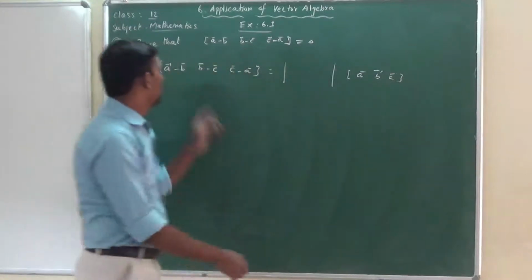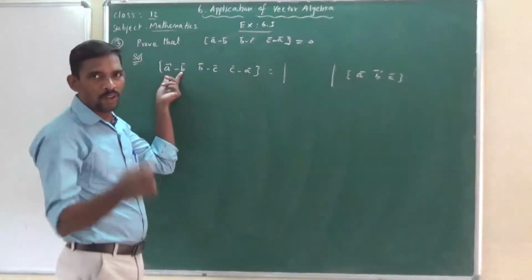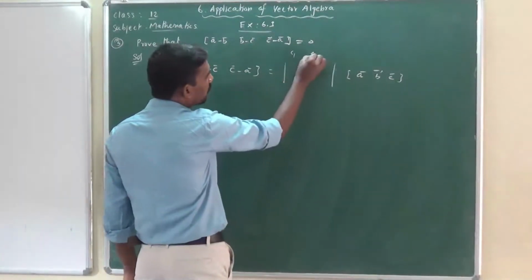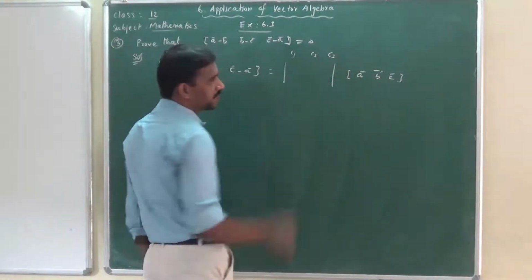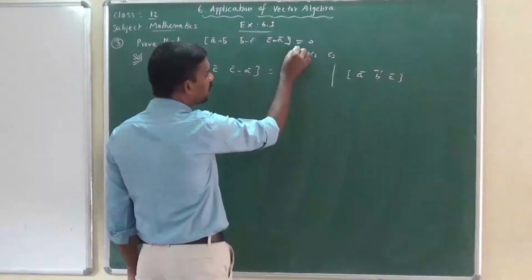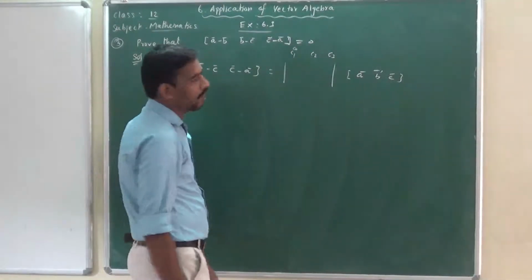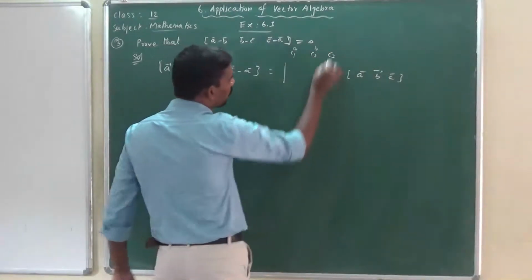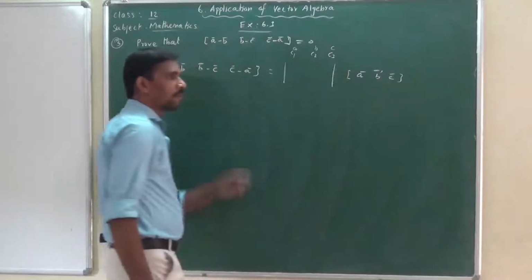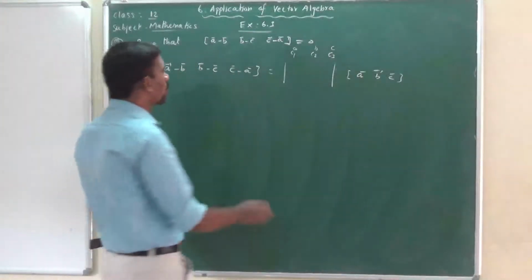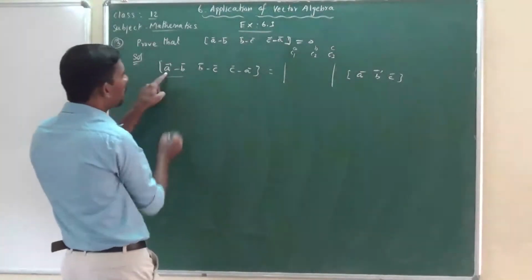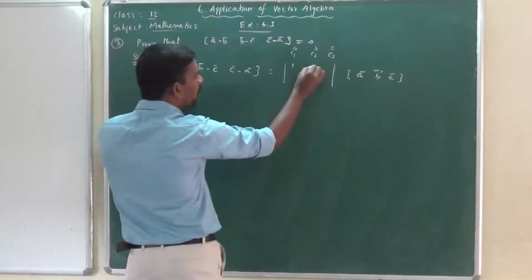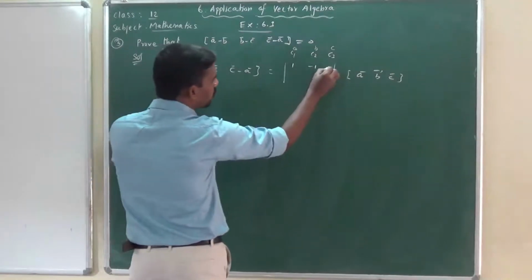Now first we want to take the coefficients of a, b, c vectors. This is the first column C1, second column C2, third column C3. C1 indicates the coefficients of a vector. C2 indicates the coefficients of b vector. C3 indicates the coefficients of c vector. Right? Now we take the first one. Here, what is the coefficient of a vector? 1. Then b, minus 1. c here is absent, so 0.